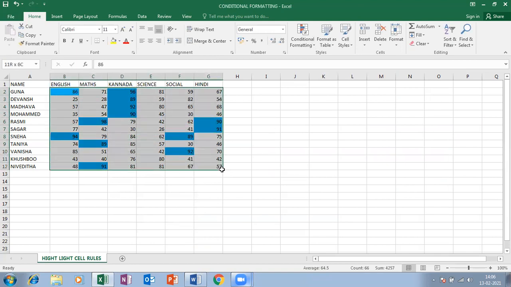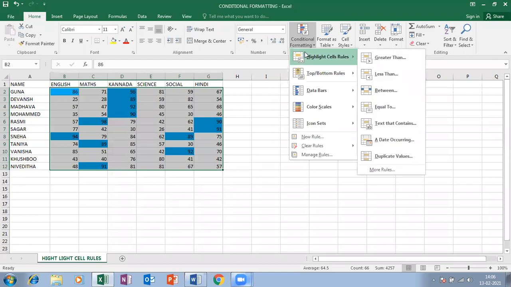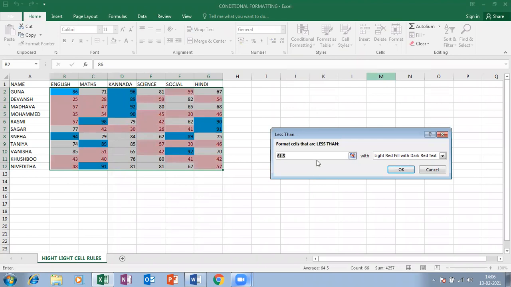Again, select from here to here, click on conditional formatting, highlight cell rules, lesser than, and enter a value here.